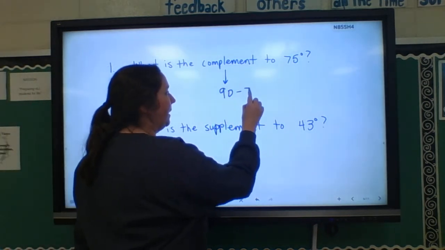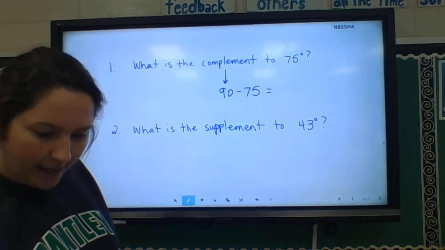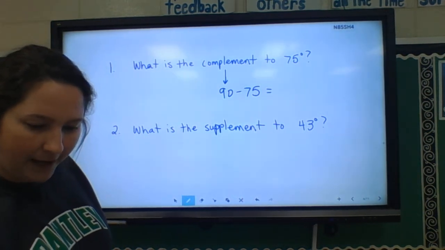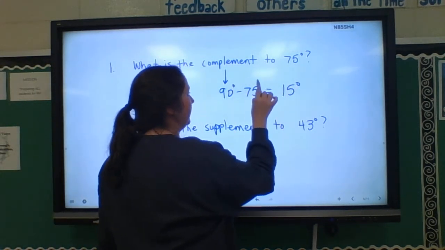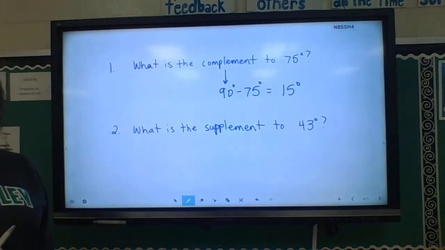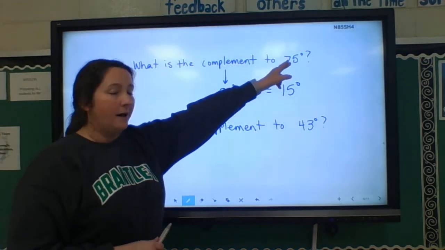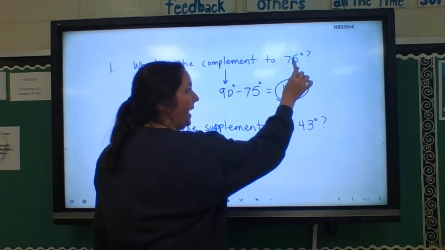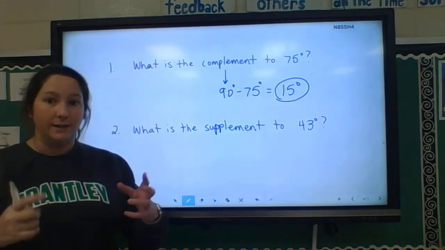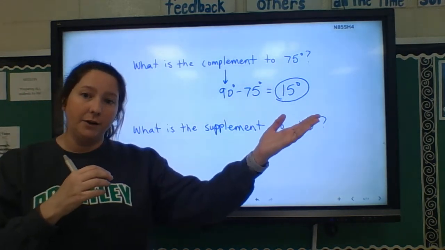So if it's a complement, we're going to subtract what we know. 90 minus 75 is 15 degrees. So the complement to a 75 degree angle is a 15 degree angle. Because if I added those 2 together, the sum would be 90 degrees,